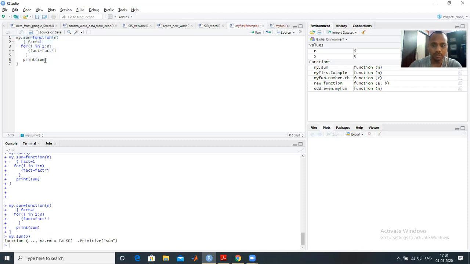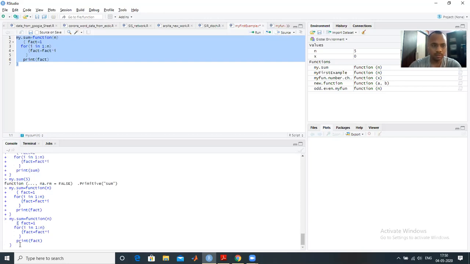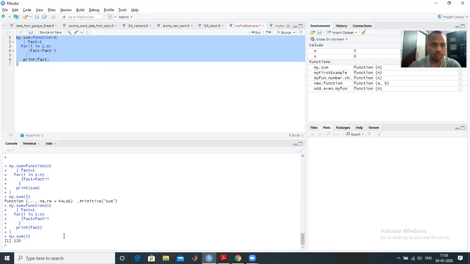I made a mistake. Print should be fact, not sum. I run it again. My.sum 5, so output is 120. So it doesn't matter what name I am using here, but what code is written, that matters. So my.sum 5, but it is providing the factorial, because I made the code within the body which computes the factorial.